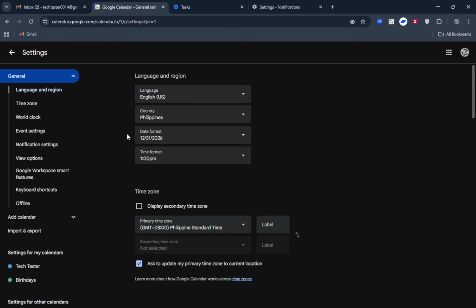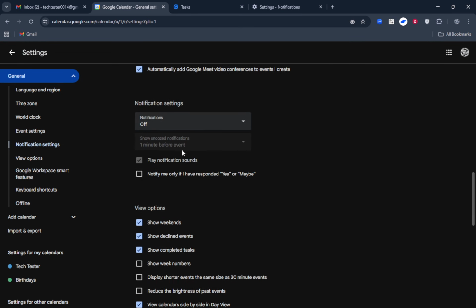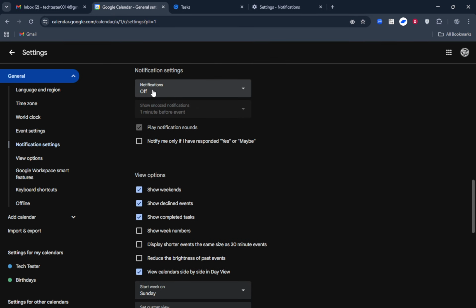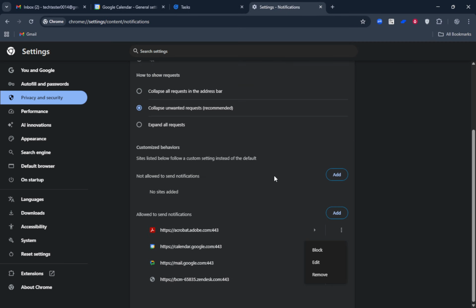Keep in mind that blocking at the browser level is an all-or-nothing switch for that site in Chrome, so only use it if you're comfortable silencing all Calendar notifications there. That's it. By fine-tuning Calendar's notification settings, optionally hiding the tasks calendar, and blocking